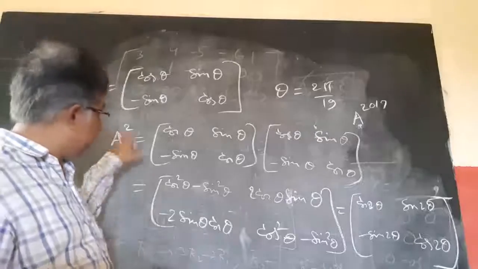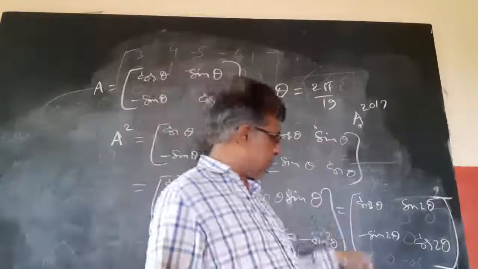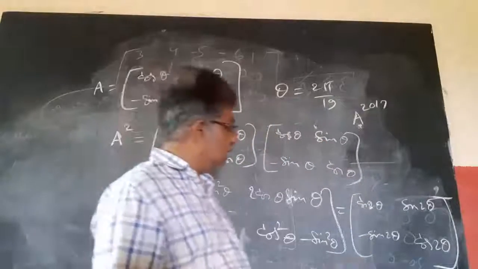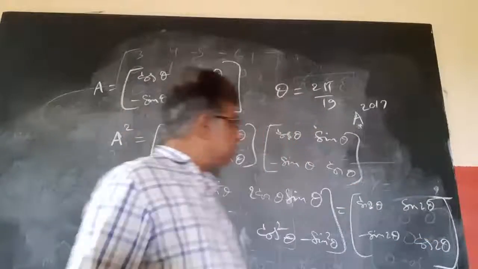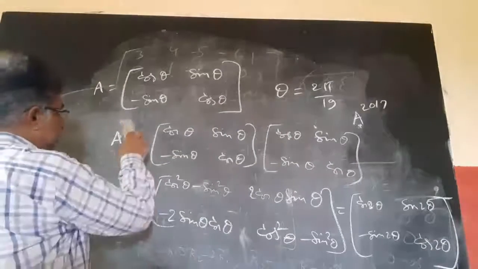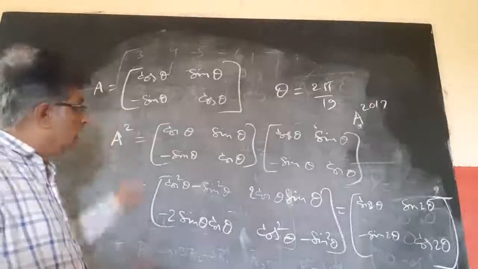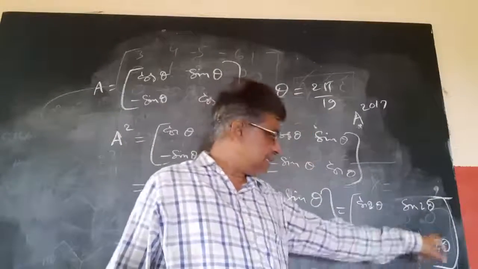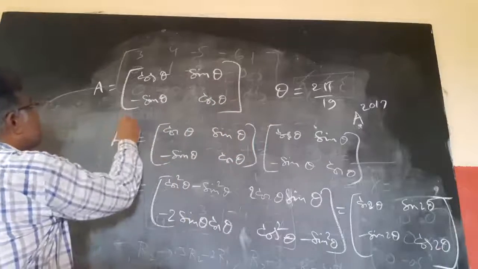If I get A cube, then this into this I will get cos A cos B minus sin A sin B, which is cos of A plus B, so you will get cos 3 theta, sin 3 theta like that. So A power 2017: A square I got cos 2 theta, sin 2 theta, minus and so on. If A cube, I am getting cos 3 theta, sin 3 theta, minus sin 3 theta, cos 3 theta. Automatically A power 2017